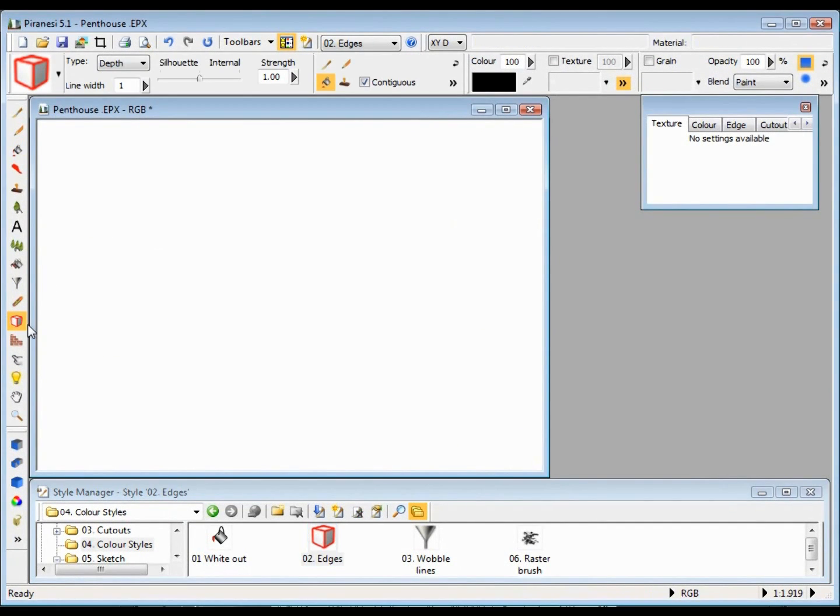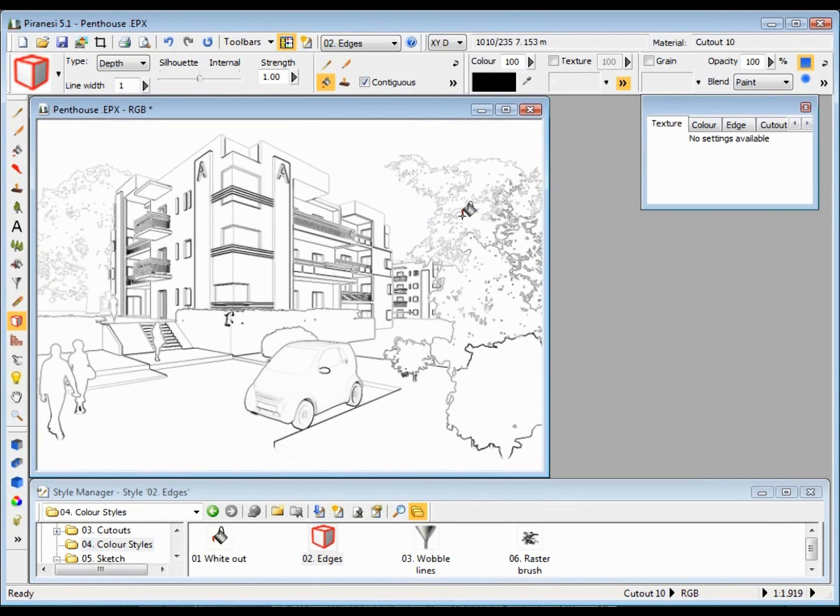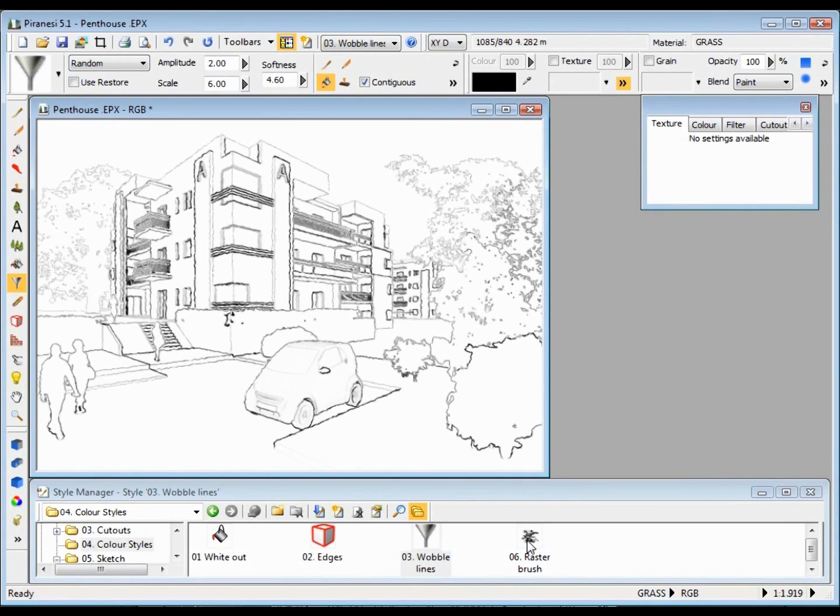Now this is using the edge tool, or the edge effect, and again using a global fill can, black color. I'm going to put the edges back into the model and show them as black. And then using a filter of random, I'm going to randomly wobble the lines like so. And then finally, with